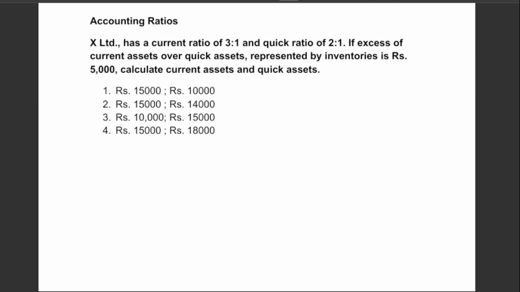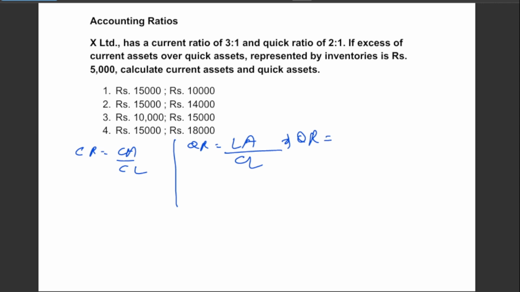In this video, we will discuss questions asked in CUET 2025 from the chapter Accounting Ratios. So first question is here, current ratio is given and quick ratio is given. So we should know the formula. Current ratio is current assets divided by current liability, and quick ratio is liquid assets divided by current liability, or liquid asset is equal to current assets minus inventory divided by current liabilities. So these are the formulas,